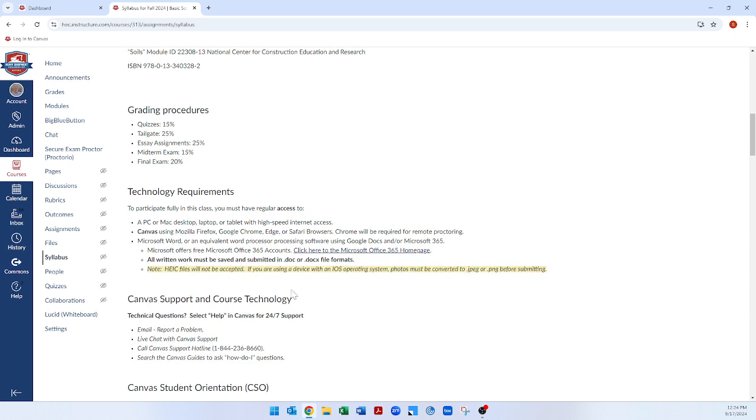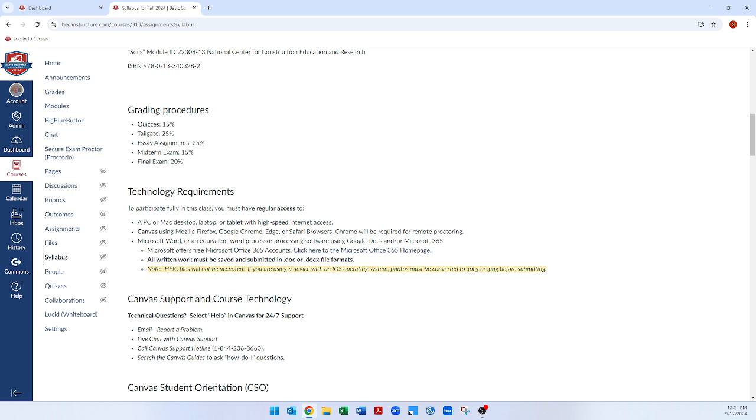Technology requirements. I'd like to talk a little bit about this. I recommend Chrome. I feel like it's still required for remote proctoring. If you don't have Chrome, let me know, and I'll see if you have to have it. It's simple to get, you just download it. Now, let me move on. It says Canvas is adaptable. You can use Mozilla Firefox, Google Chrome, Microsoft Edge, Safari, Chrome again,